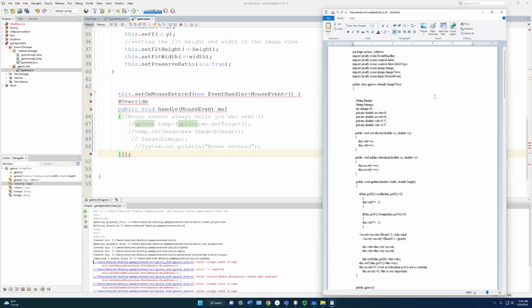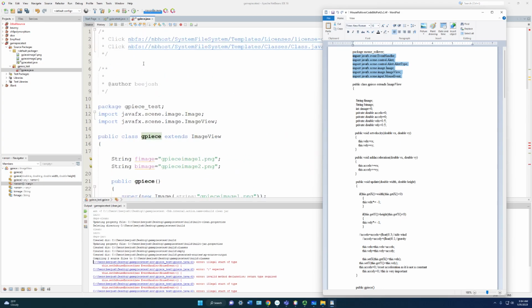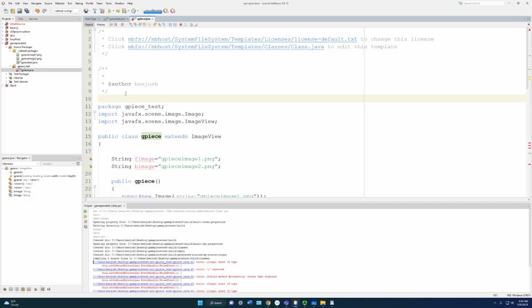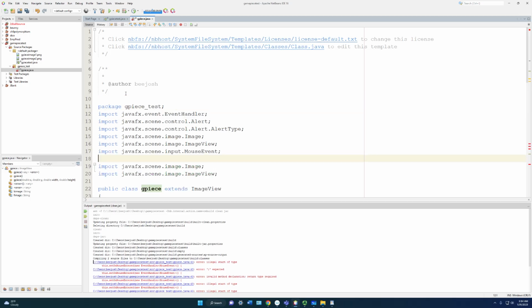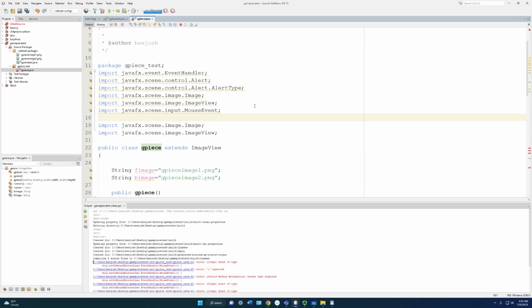And it looks like everything we need is right here for GPiece. And it looks like mouse event is the one that we're missing. So we're going to go ahead and go up to the top and put that in below your package. Okay. So now I have a few things. I'm going to be using the event handler of the JavaFX library, the mouse event. I'm also going to play around